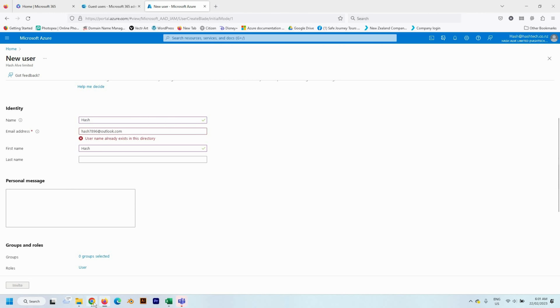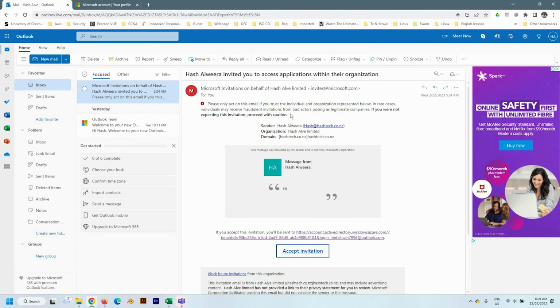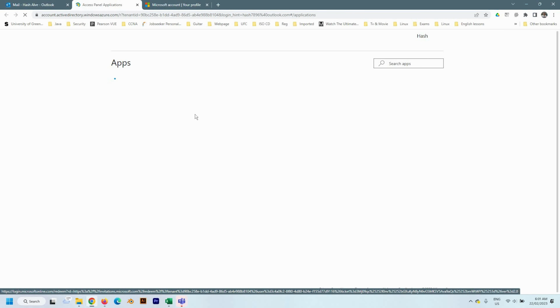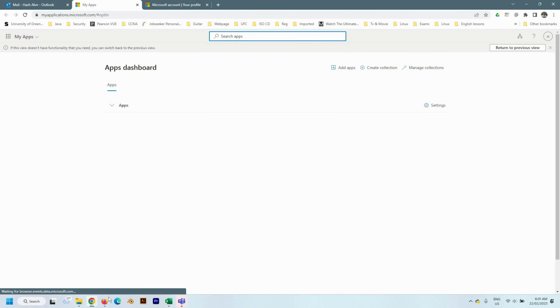When you send the invitation, in the user's email address they'll receive something like this. They need to accept the invitation. Between this page and the loading page, there's going to be another page which you need to accept. It's basically giving permissions to the Azure portal. So after that,